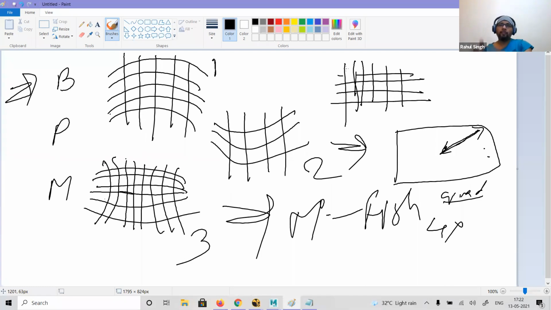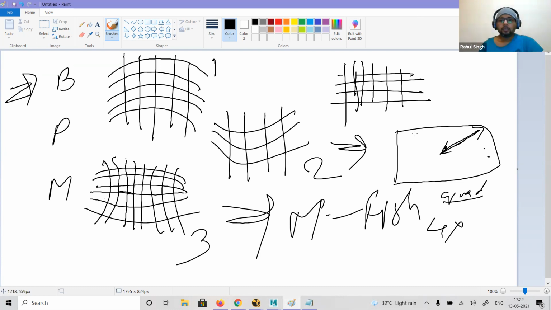And in case you don't have the checkerboard shot from that particular camera, then you have two methods. One is you manually draw the lines. If you can see anything angular, or if you can identify there's a lens distortion, you can draw lines manually and correct it. If not, then you can ask the computer to do an automatic calculation. But in both processes, the automatic calculation will not give you a 100% accurate result. Somewhere around 80% is what it will reach. So that is the lens distortion.